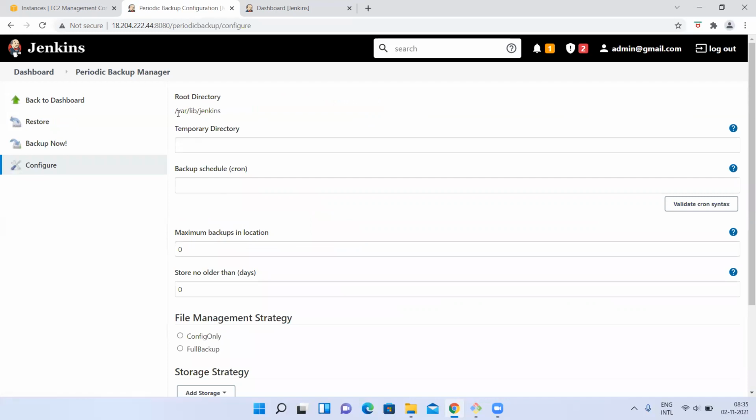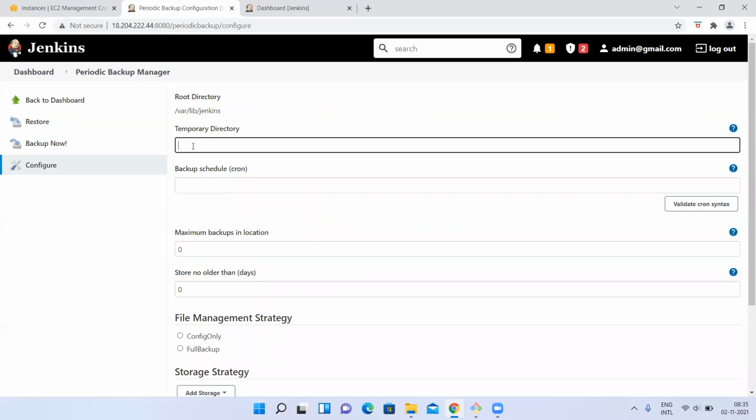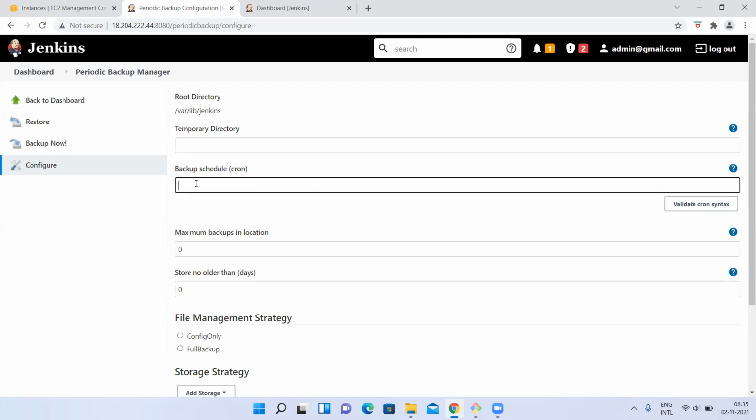You can tell it here the root directory, right? And temporary, meaning where you want to take the backup, that location, right? Which location you want to take the backup to, this is the destination. When do you want to take the backups? Every day at 12 o'clock, you know, we discussed the cron expression, right? If you write that cron expression here, it is like an alarm, whenever this time comes, like if you give 12 p.m. daily or 12 a.m. daily, like 12 o'clock midnight, if you give that, right?